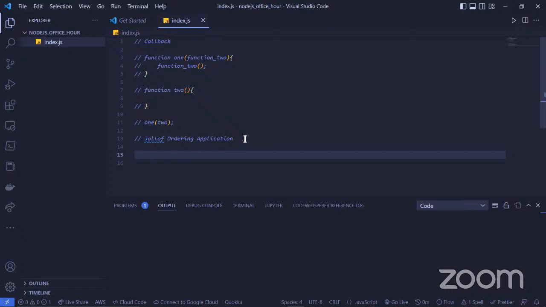So this is how we want our jollof ordering application to look like. You want to employ this Jevnik service. We do not just cook food and then wait for people to come and buy. We cook based on order. That's why I want to use this Jevnik scenario.